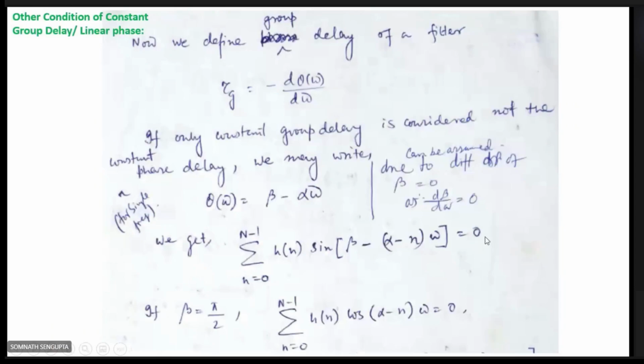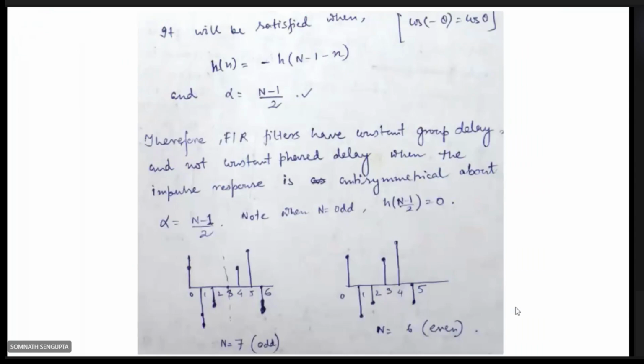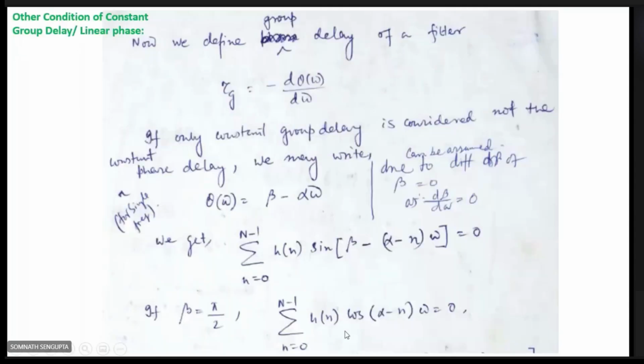Say beta is equal to pi by 2. We assume that the value of beta is constant, say pi by 2. Then also we can write that it is sine of (pi by 2 minus alpha minus n omega). So it is h(n) into cos of (alpha minus n omega), that is 0. So this is another condition of constant group delay, or linear phase. Since the cosine term is there, for the cosine term,